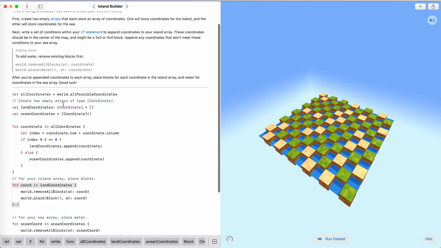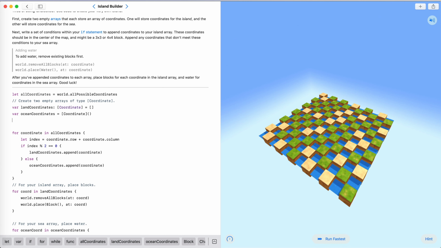Learned a lot today. We learned several different ways to create arrays. One is by giving it a type explicitly, right here, colon, array of coordinates, and then setting it to be empty. One is by creating a new instance of an array of coordinates and assigning that and letting Swift infer the type. And the third way was using that repeating count constructor or initializer, where we said something like,